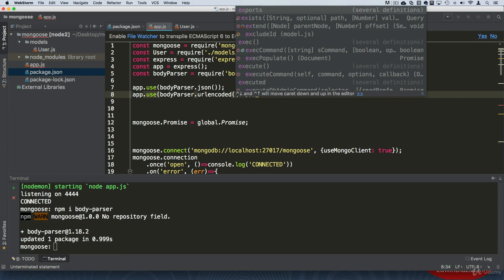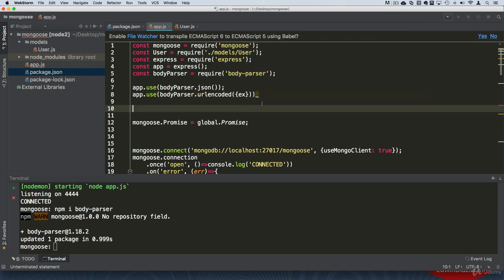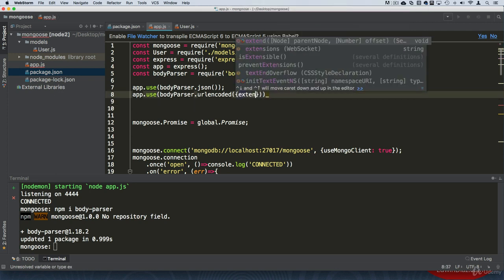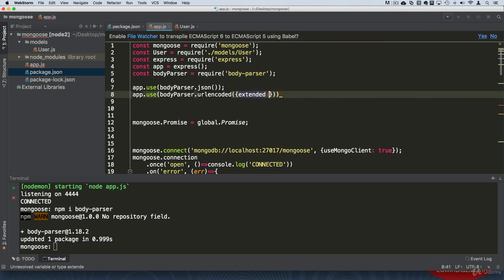These options are for the extended option: when it's false, it can take an object with keys and values, or when it's true, it takes any type of encoded bodies. Now, we're not going to get into that. That's just a lot of technicalities here. Just know that right now